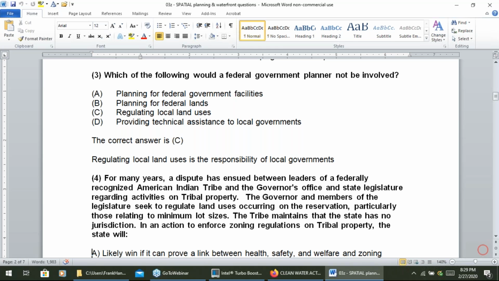EPA was the one that came out with the whole sustainability idea. What is sustainability? How do you do it? How do you implement it? So they gave guidance on that and gave technical assistance to the states and to local governments. There was a lot more of that going on until just recently.